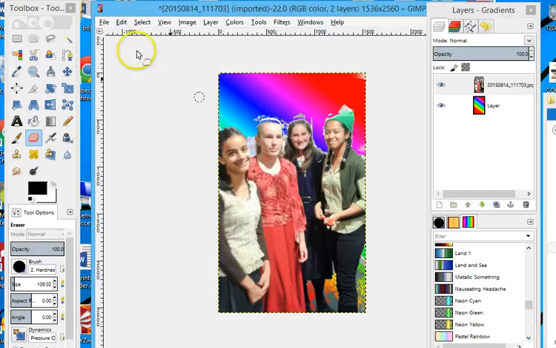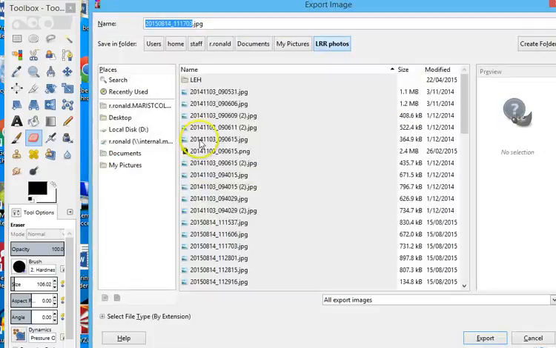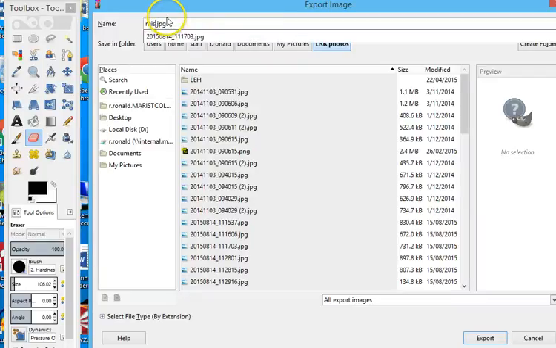But the way you need to save it so that you can email it to me is you need to export it. You need to export it as a proper photo image file. So you go export as, and then up here mine's got JPG. That will work, and also PNG will work. Either one is fine. And then you go export. Oh, you've got to make sure you rename it. It would really help if you put your name in it as well. So say I was handing this into my teacher, I'd go Miss Ronald Rainbow Background. I'd type that to be the name,